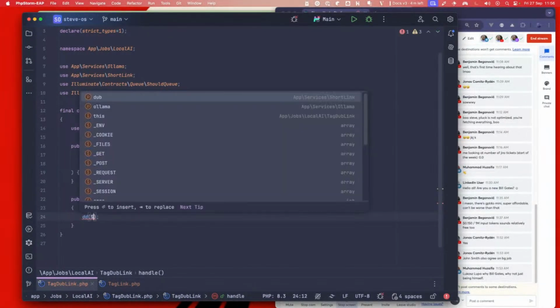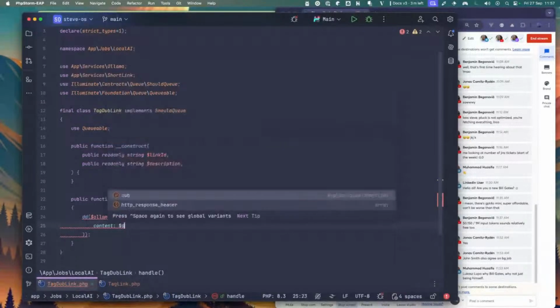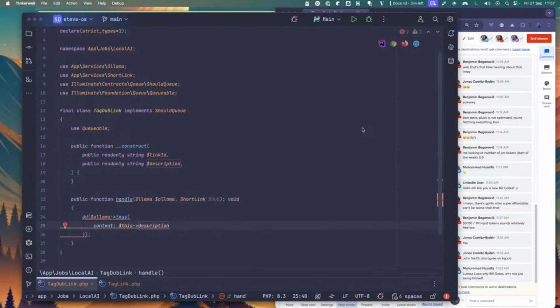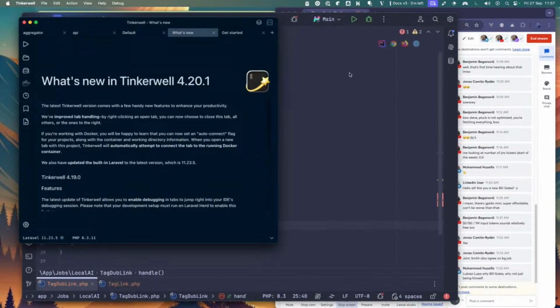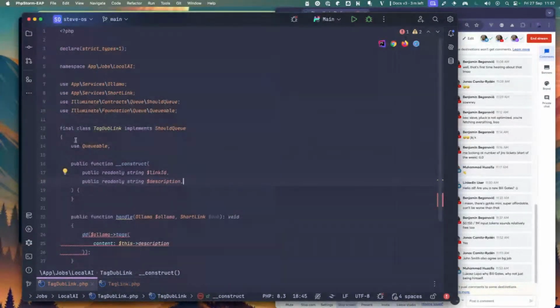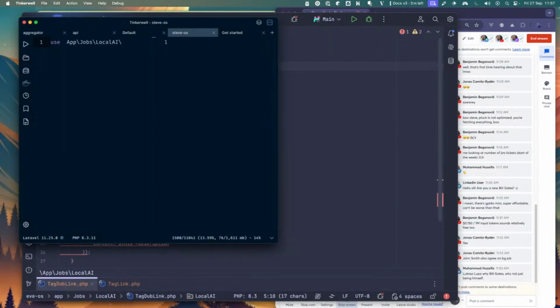So then we're going to just play around with it. So Ollama tags content for this description. And we're just going to use Tinkerwell to do some of this. I think Tinkerwell will help. So let's open up Herd SteveOS, this one. And what we want to do is use this: use local AI TagDubLink. So our job is going to be a new, actually, before that,